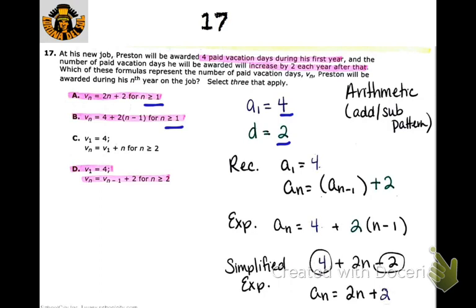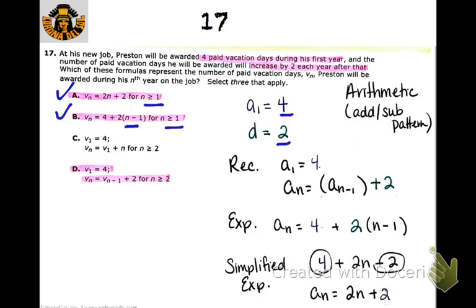So if you plug in a 1 there, this first one, you can tell that would be 2 times 1 plus 2. So that would give you 4, and then you could plug in a 2, and you could see that that would give you 6, and so that's a valid formula. And then B, same thing, you just plug in a 1 and see if that would work. If you plug in a 1, that would be 0 in that spot, so that would still give you 4 as your first term, and then you can keep plugging in bigger numbers and see that it